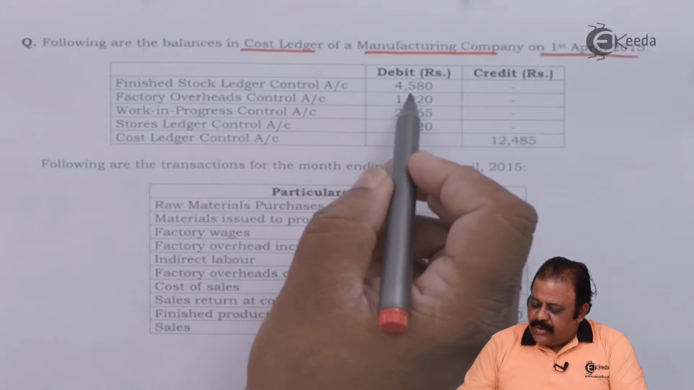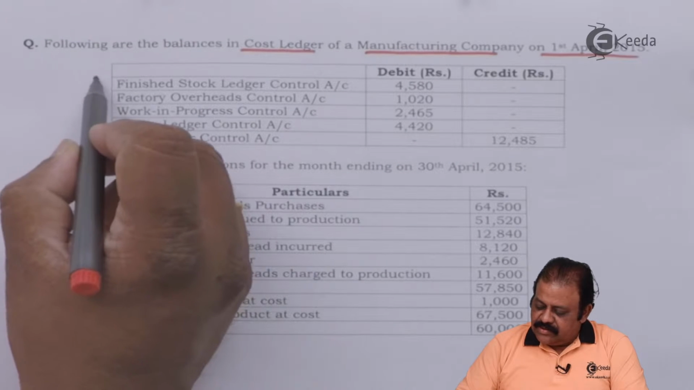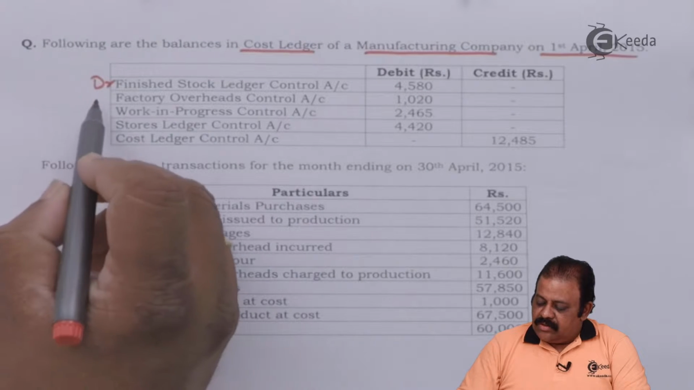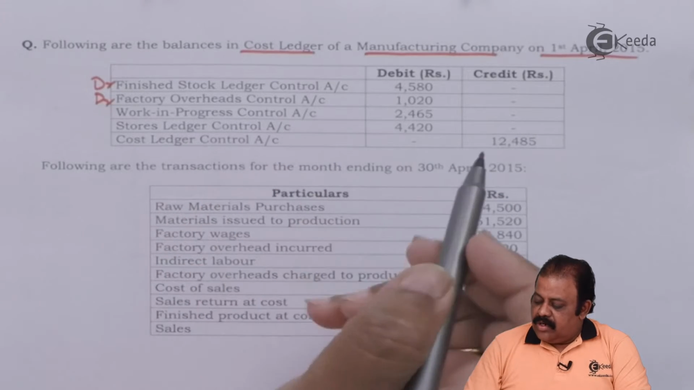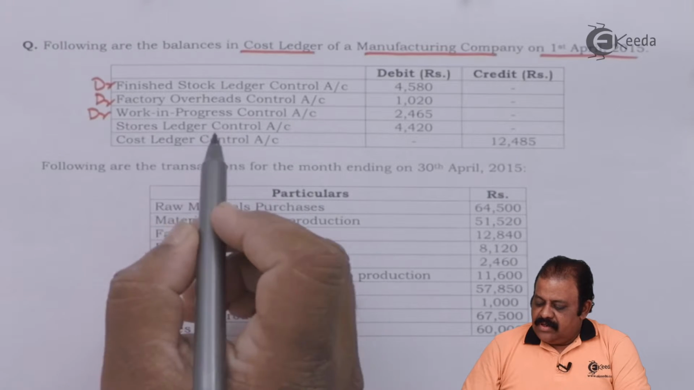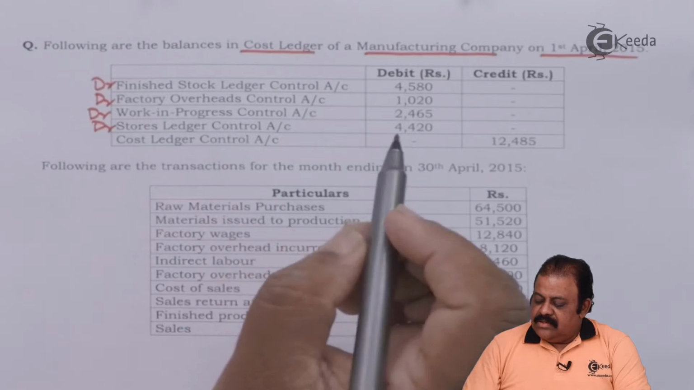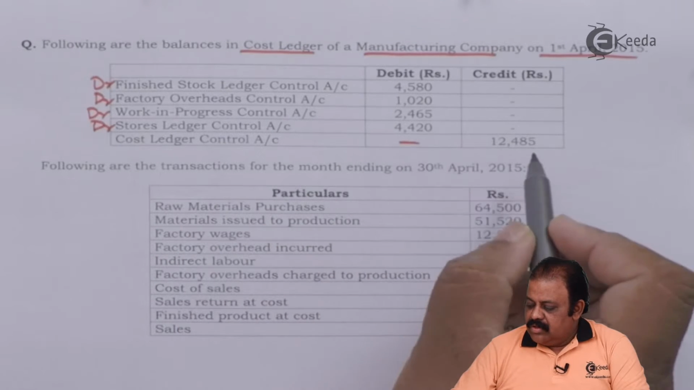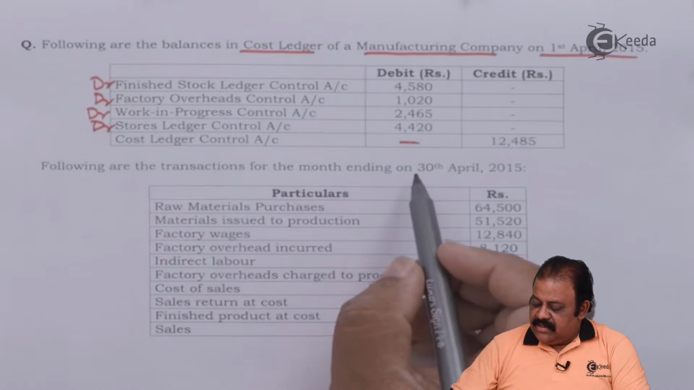Finished stock ledger control account, this is finished goods, debit balance 4,580. Factory overheads control account, opening debit balance 1,020. Work in progress control account 2,465. Stores ledger control account 4,420. These are stocks having opening debit balance. Cost ledger control account 12,485. Following are the transactions for the month ending